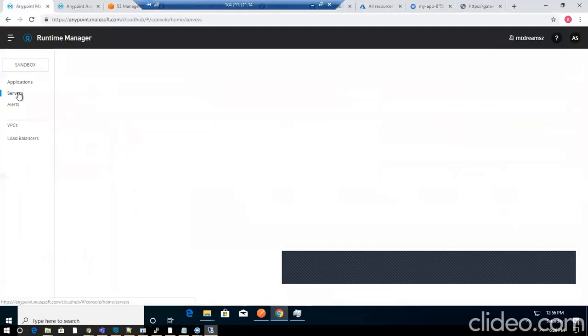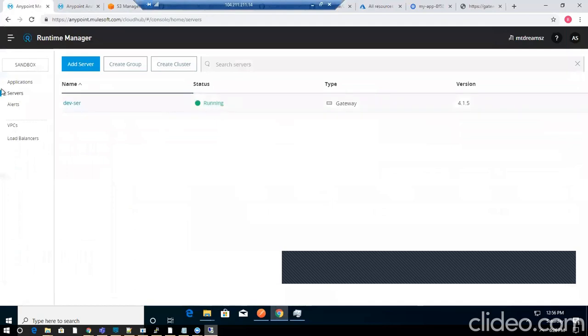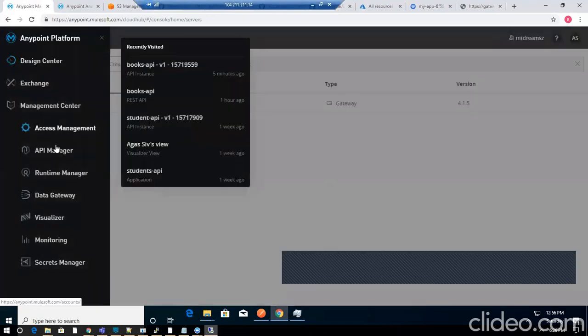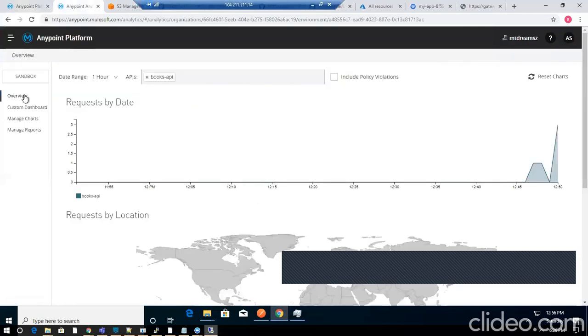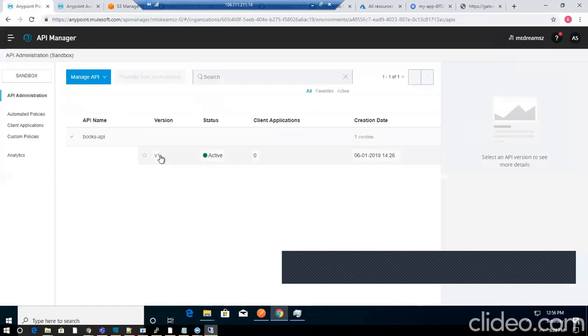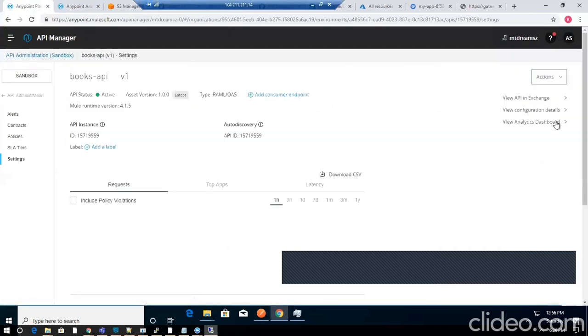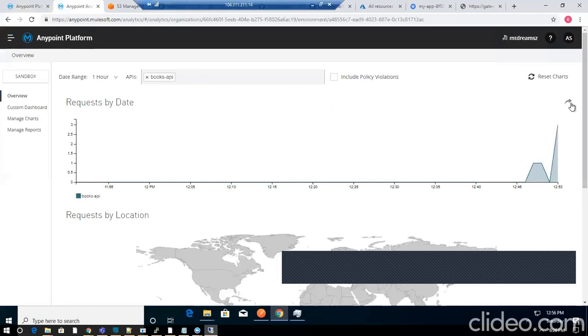This server is saying it is running, but what about the API from the API manager? So you can see that from API manager. It should say that the API is active, and the number of results you can see by clicking here. You can see the analytics board. So this is my analytics board, which is saying that